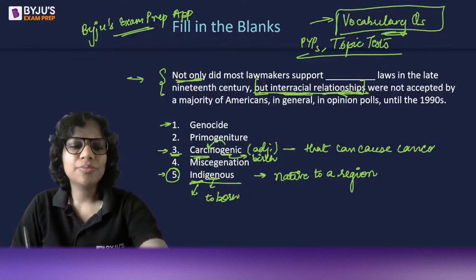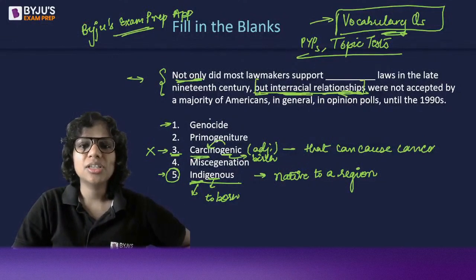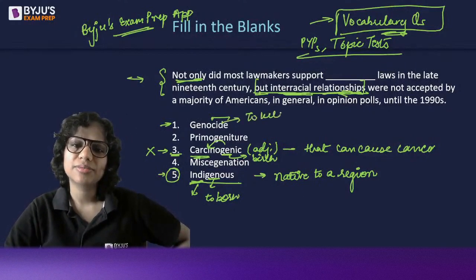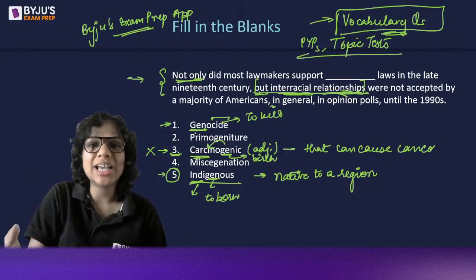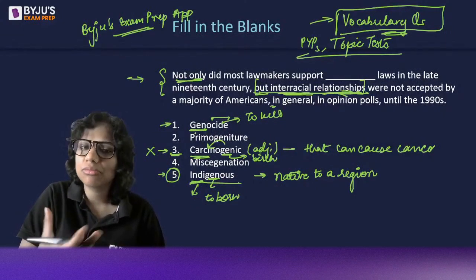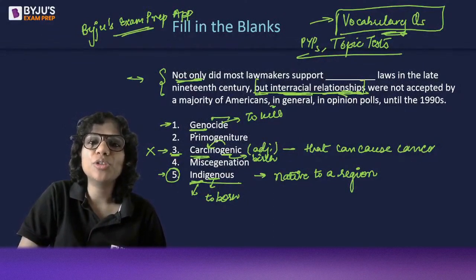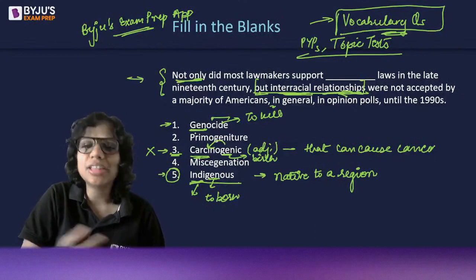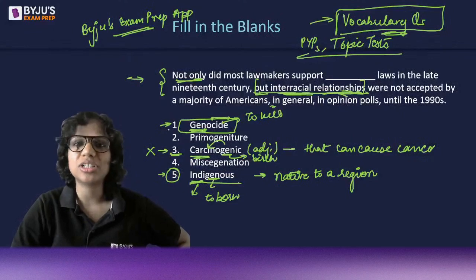Now, we have eliminated carcinogenic because I don't think we're talking about cancer. Genocide. Side, as in suicide, pesticide, insecticide, means to kill. Gen means somebody who's born in a particular race. This happens in racial killings. For instance, the Rohingya community that was targeted in Myanmar. What was that? It was a genocide. So genocide is killing of people from a particular race, religion, etc., because you want to end that race, that religion. Mass killings of people based on race, religion, etc.